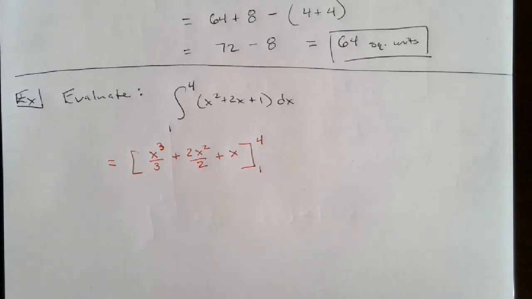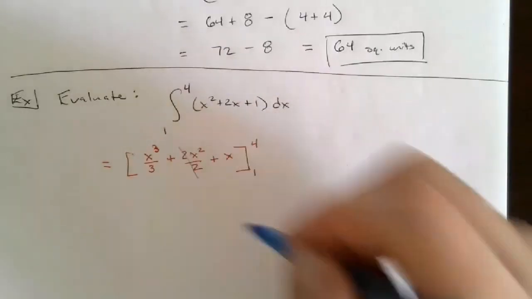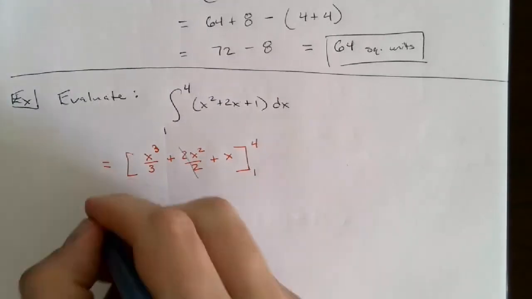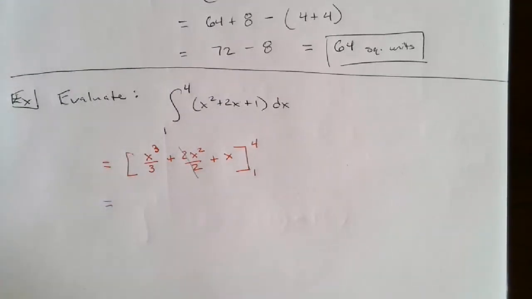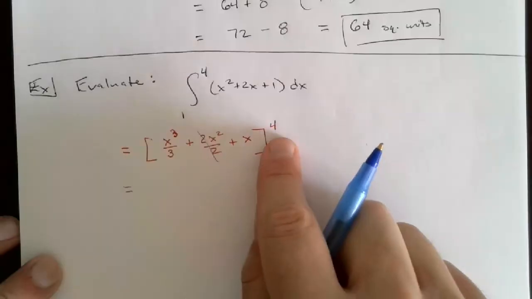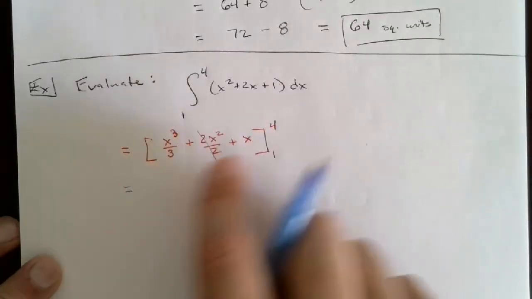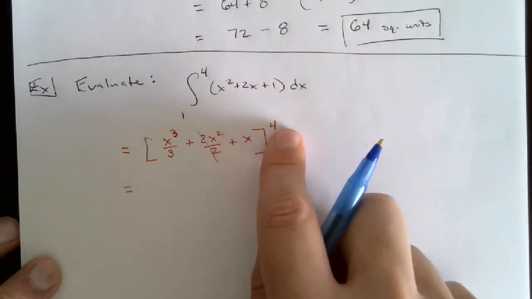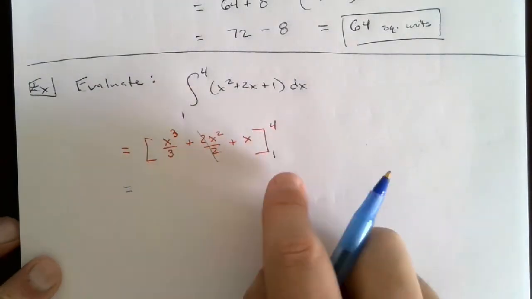Alright, and now we want to simplify this. These 2's are going to cancel with one another, so that second term is just x squared. And then what do we do? Well, remember what this actually said for us to do. We're going to take f of b, meaning subbing in the upper limit, and then subtract off subbing in the lower limit. The order matters. You have to do the top limit, the upper limit first,